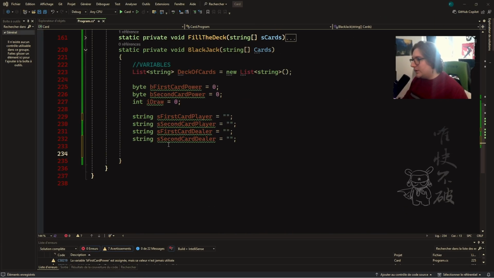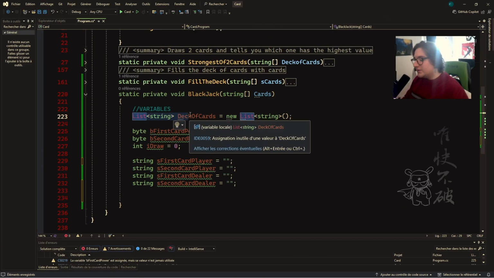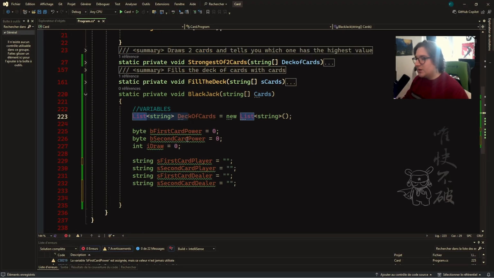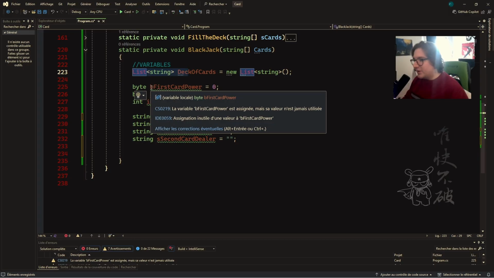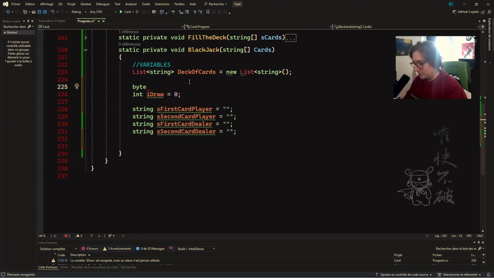All right, I think we're ready. We'll add things if needed. So we have our list here, which is deck of cards, and then we have the same logic as up top for the strongest of 2 cards, but the names are just a bit better. So we have the first card's power and the second card's power. And do we need power? No, we don't. We'll go with the total for the first player,